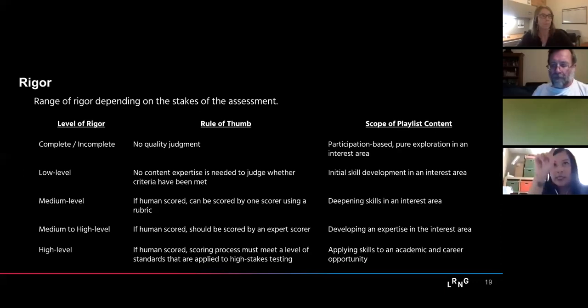And so you don't really need to have deep content expertise to judge the quality of it. You're just looking to see, does this product have this certain level of criteria? That's fine. Yes. So then it's been met, it's checked, and we can mark that as the criteria having been completed. So that's for low level